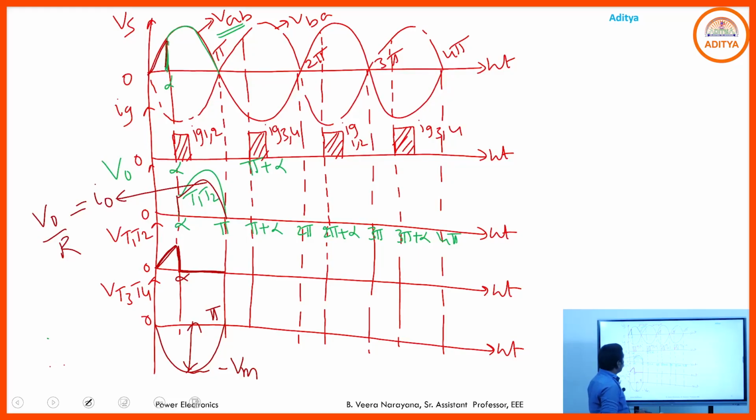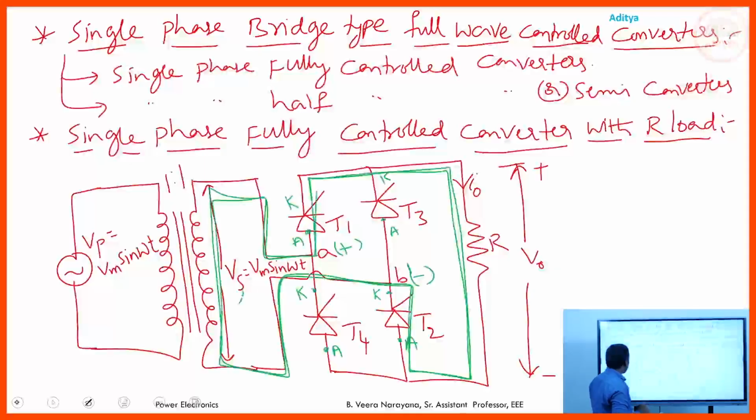Next, coming to omega t equal to pi, both the output voltage and output current are 0. After pi, negative voltage will be available across T1, T2. So T1, T2 go to the off state or reverse biasing mode. And after pi, from pi to 2 pi, during the negative half cycle of the source voltage, see here, during this negative half cycle,